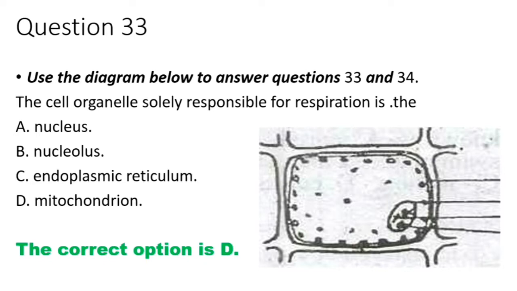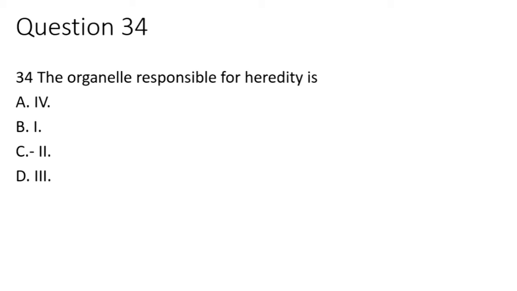Then 34. The organelle responsible for heredity is A4, B1, C2, D3. Now, if you look at the diagram very well,